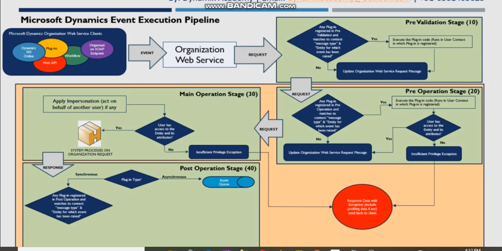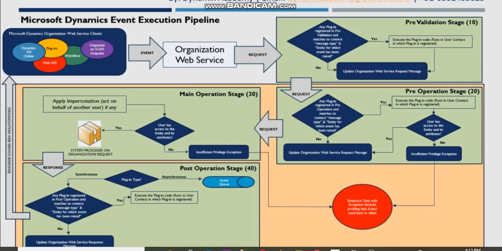registered in the post-operation stage which match the message type and entity for which the event has been raised. If the platform does not find any such plugins, then it will update the organization web service response message, and that updated response message will be passed back to the Dynamics 365 web service client. But if there are such plugins found in the system, then it will execute that plugin code under the user's context for which the plugin is registered, and then it will check if the user has access to all required entities and attributes that are in the scope of that plugin. If the user does not have such privileges, then